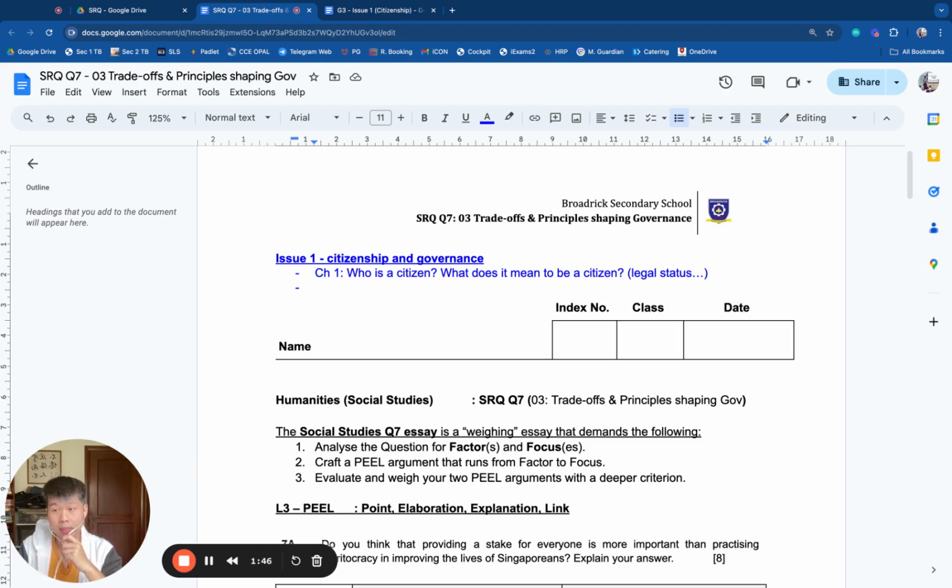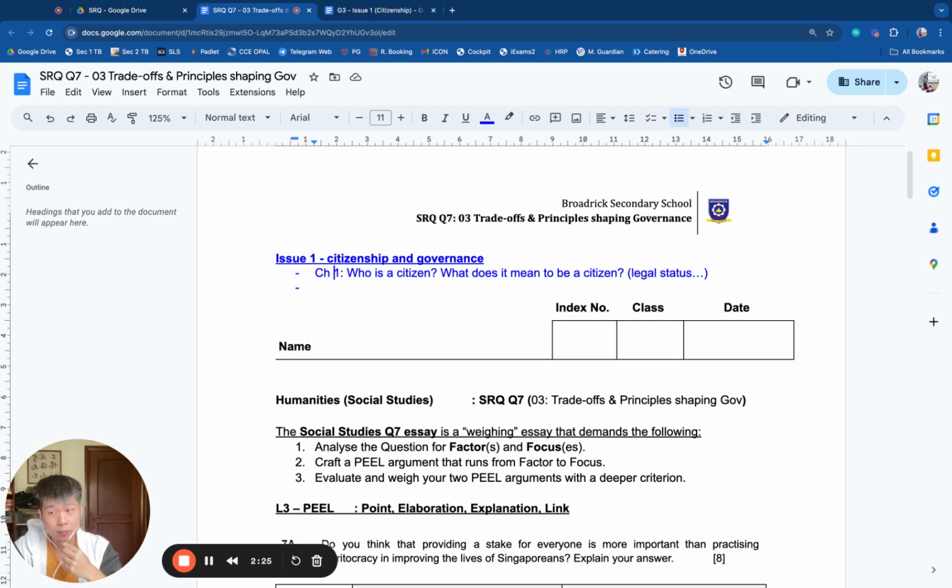And so we said that in order for you to be successful at responding effectively to essay prompts, whether or not in a practice or an exam setting, you must know the factors for each chapter, understand the main question or idea animating that chapter, and be able to have some examples in your back pocket. So, for instance, when you talk about chapter 1, who is a citizen? What makes a citizen? You need to know the 4 factors shaping citizenship, the attributes of citizenship, and one of which is legal status. And the back pocket example we just drew out is the birth certificate and the NRIC and your passport.